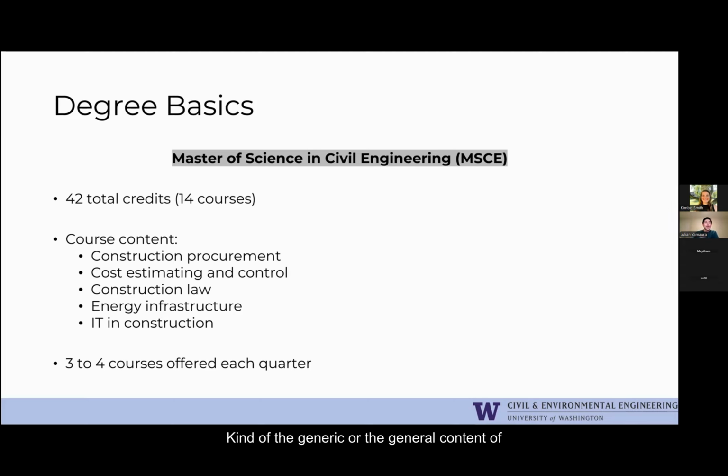The general content of the curriculum is going to be focused more on the procurement, estimating, and control side of things. There are several classes that you can enroll in that cover things like estimating and using industry standard software, whether that's HCSS Heavybid or anything like that. We also have classes that touch on the time aspect. If you need to prepare a CPM, critical path method schedule, we have courses that cover the fundamentals, the advanced use of schedules, and also P6, or Primavera 6, which is software that most in the construction industry tend to use for creating schedules